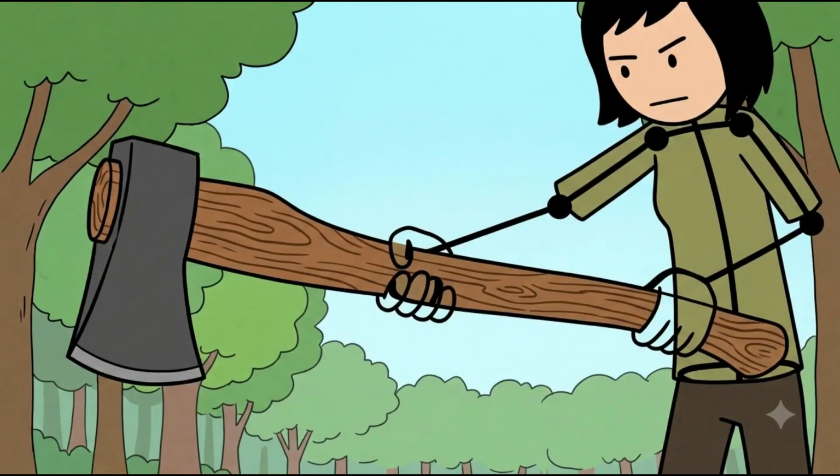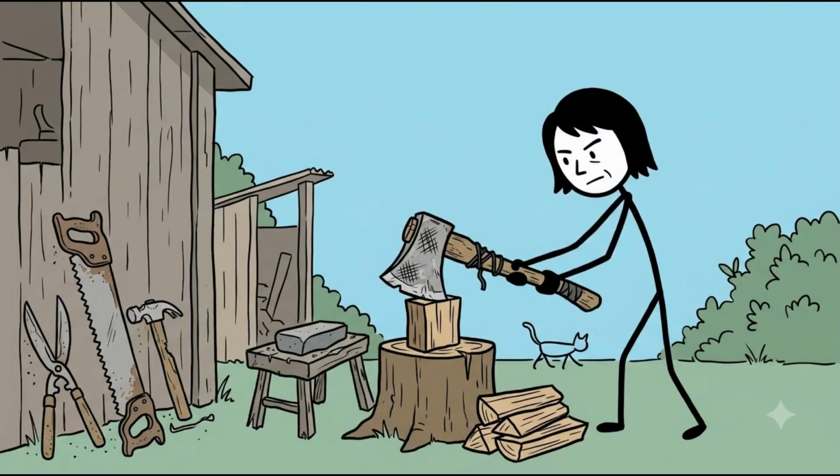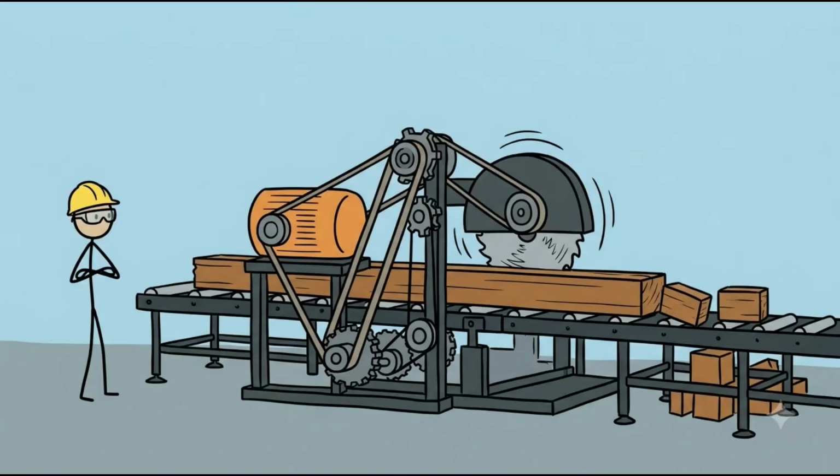A cutting edge, a handle, a way to transfer force, a solution to a specific human problem. And once that principle became deeply established, it proved remarkably difficult to eliminate. But eventually, something appeared that could challenge the axe in a completely different way. Not a better blade, not a stronger metal, a machine that could perform the cutting again and again without relying